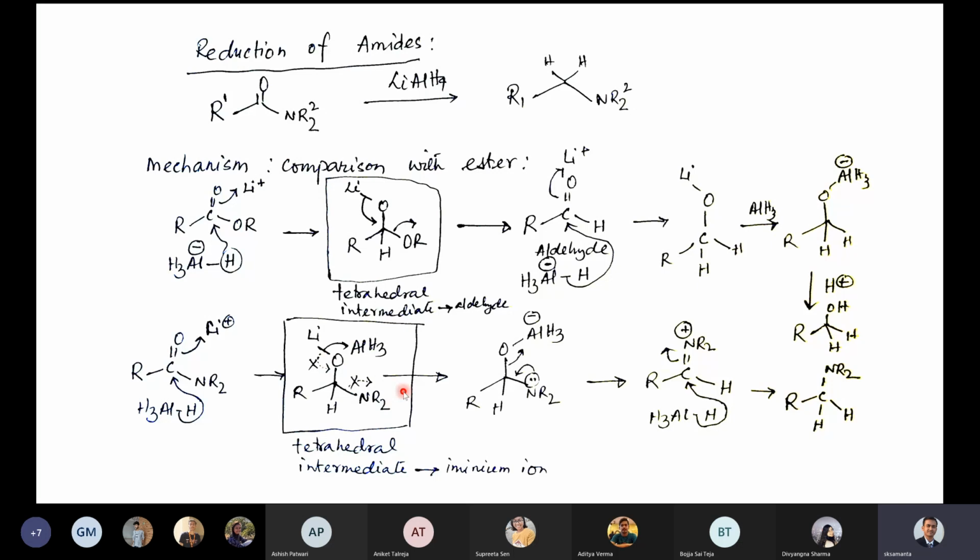So that is why this lone pair comes here and this bond breaking becomes easier. Okay, and it does not happen on the other side. That is why in this case the path of the reaction changes completely. That is why in one case you get a primary alcohol, but in this case you get an amine. Okay.